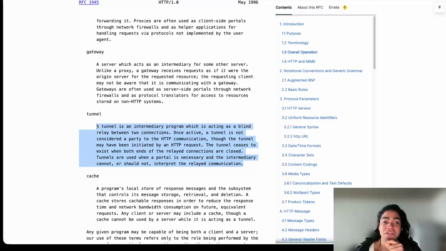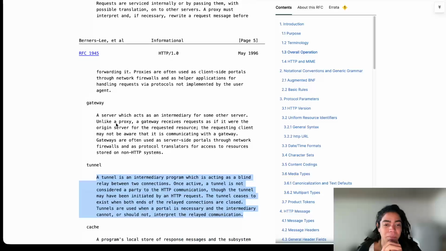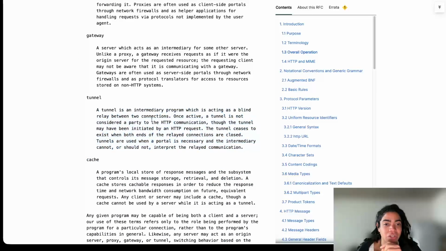So even though you hear a lot about tunnels, for example VPN tunnels and stuff like that, the definition is actually telling you that this tunnel has no part in the HTTP communication. It just acts as an intermediary program where intermediaries cannot or should not